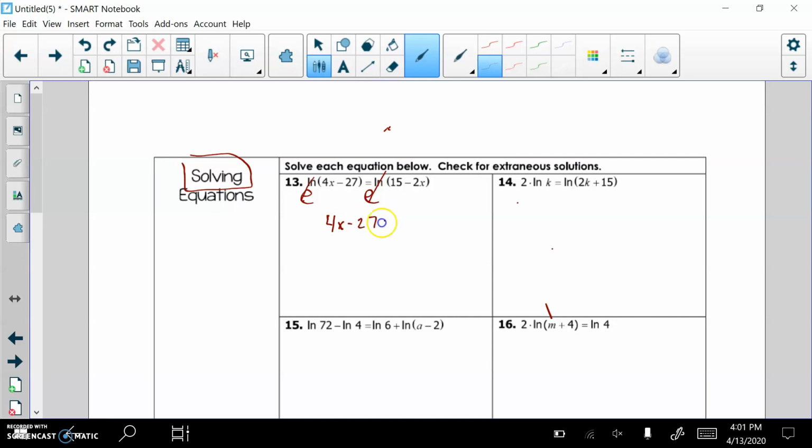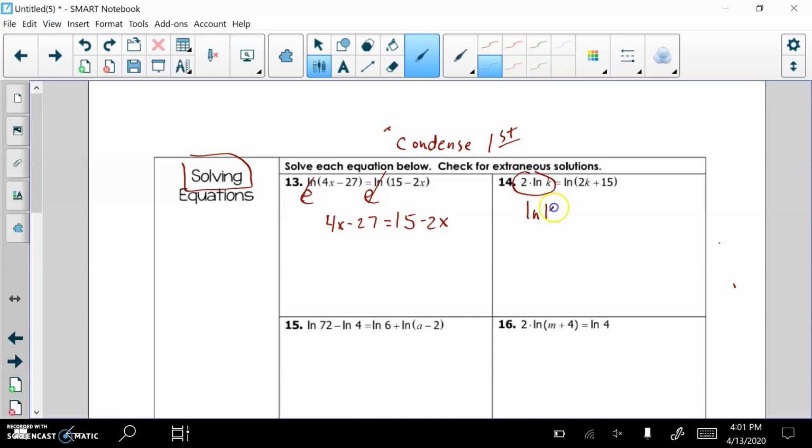4x minus 27 equals 15 minus 2x. You guys can finish it off from there. And then it just kind of jumps right into something a little bit more. You always have to condense first. Condense first. So there's nothing to condense on number 13, but on 14 we do need to condense this right here into